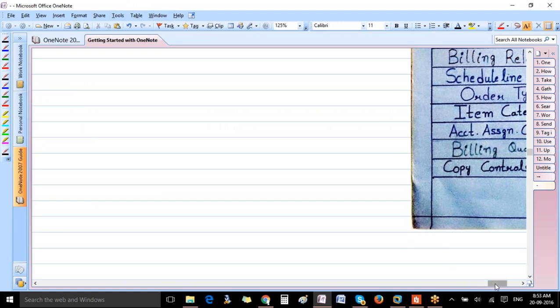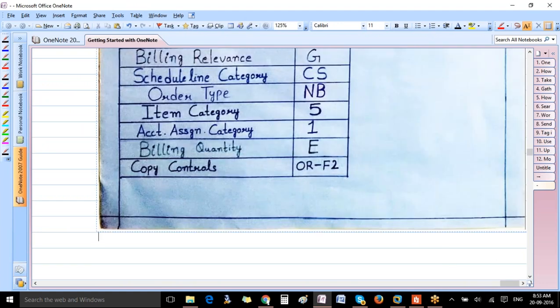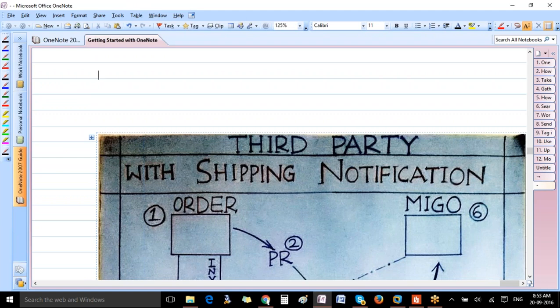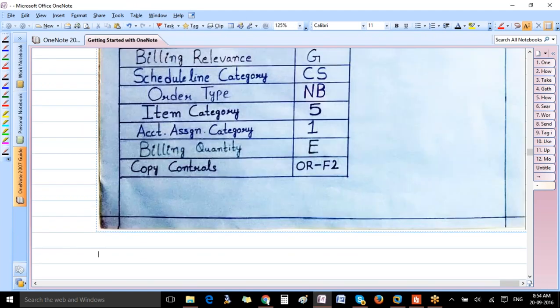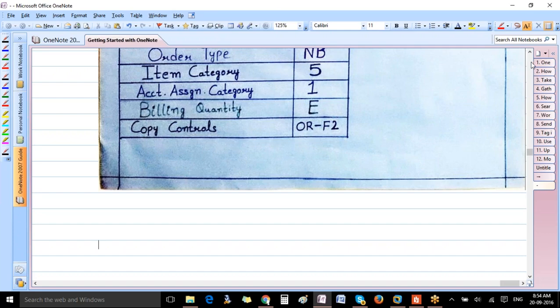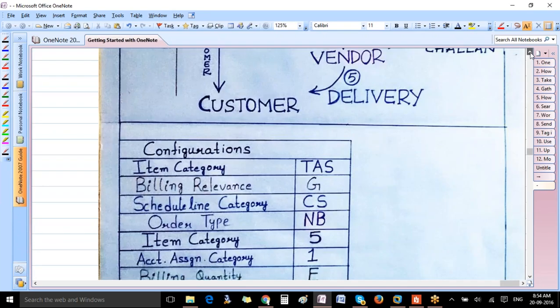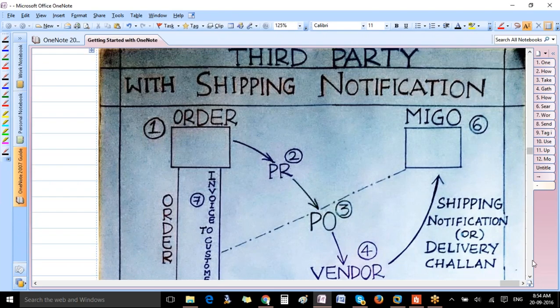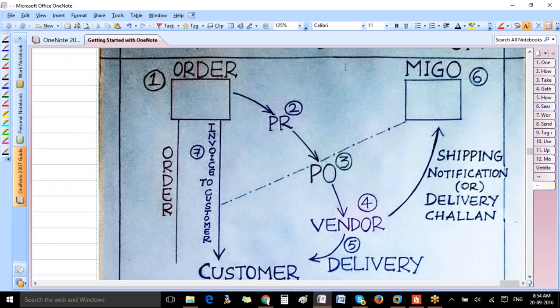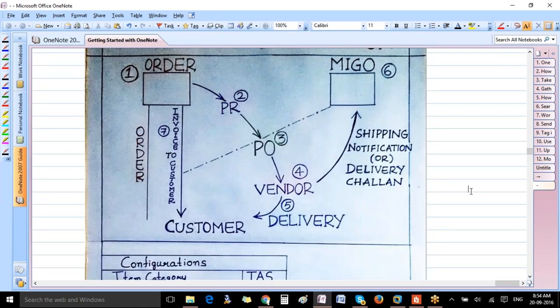See, in third party we have two processes. One is with shipping notification and one is without shipping notification. So what this item category 5 controls is, in third party the delivery is actually done by the vendor, not by the company. But in third party with shipping notification, the vendor sends you the delivery challan and you are